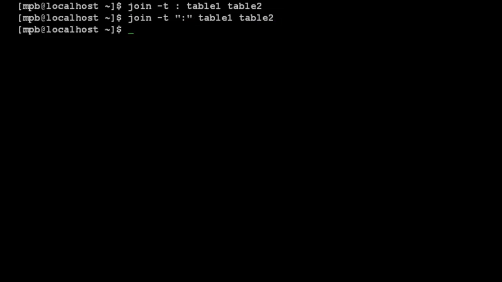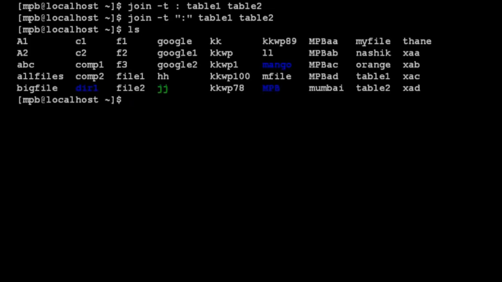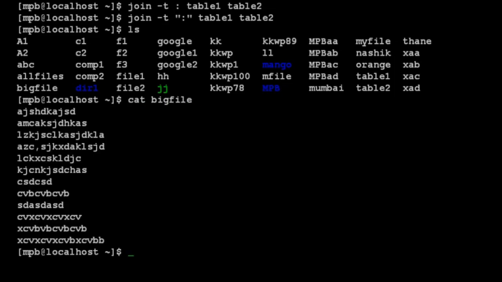Okay, leave it. The next command is the split command, and the split command is used to split a big file into smaller files. So I have already created a file that is a big file. If I say cat big file, some more lines are there in the file, and the split command is used to split this file. So the syntax is split and your file name. So if I place big file,